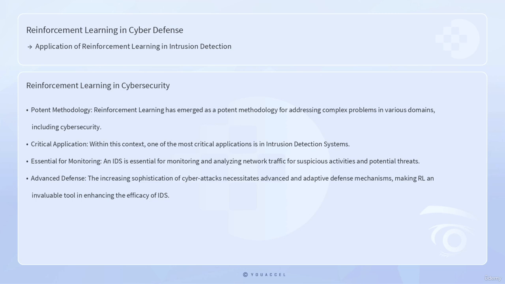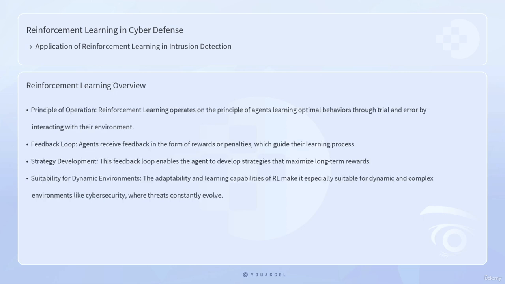The increasing sophistication of cyber attacks necessitates advanced and adaptive defense mechanisms, making RL an invaluable tool in enhancing the efficacy of IDS. Reinforcement learning, a subset of machine learning, operates on the principle of agents learning optimal behaviors through trial and error by interacting with their environment. Agents receive feedback in the form of rewards or penalties, which guide their learning process. This feedback loop enables the agent to develop strategies that maximize long-term rewards. The adaptability and learning capabilities of RL make it especially suitable for dynamic and complex environments like cybersecurity, where threats